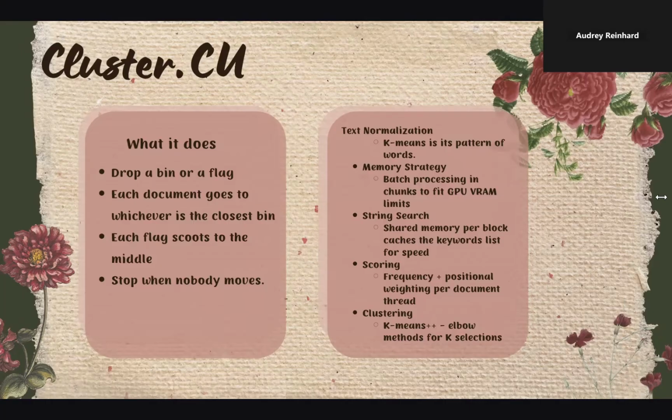For cluster.cuda, we have our key k-means, which works by dropping bins. Each document goes to whichever bin is closest, and then the bins scoot to the middle. It officially stops when none of the bins are moving. Essentially, we're doing text normalization first, then using shared memory per block to cache the keyword list for speed. Scoring is based on frequency and positional weighting per document thread. And for picking k, we use k-means++ with the elbow method to find the optimal number of